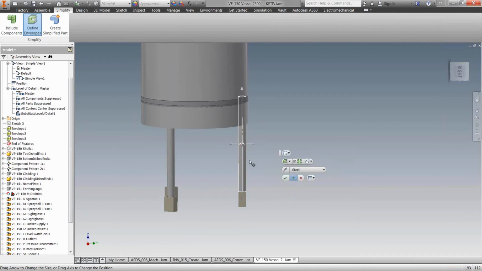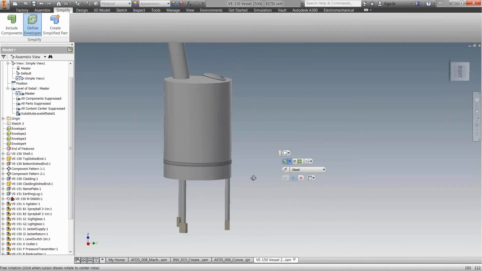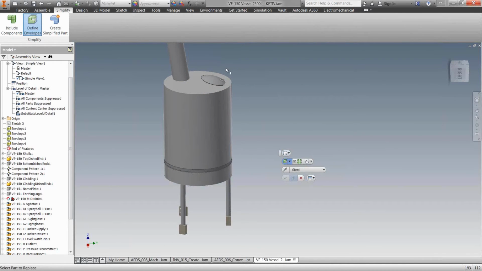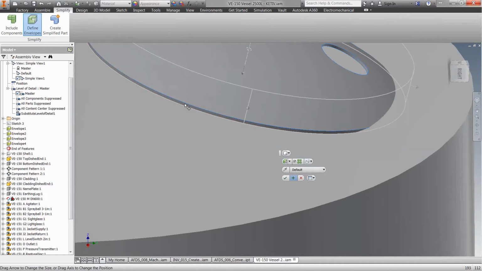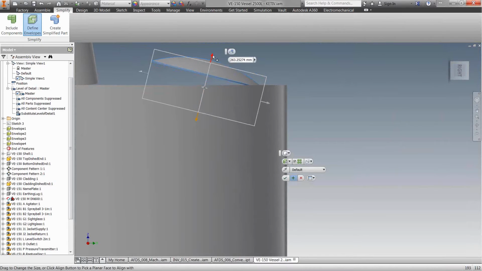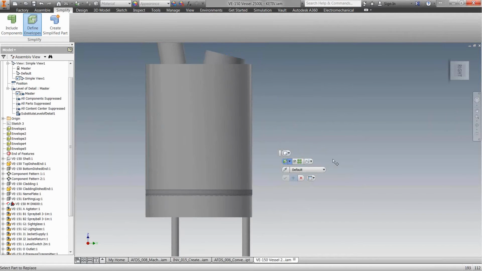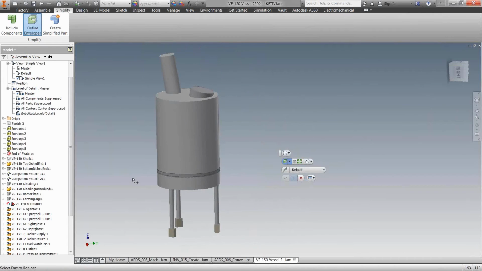So last thing I'm going to do is I'm going to go ahead and replace that tube that has some inner walls and a thickness with just a solid cylinder. So all that's getting replaced. And I suppose I could probably take this and replace it with a cylinder as well. Just make sure that it encompasses the entire manway there. Okay, so with that said, I've got this object that basically